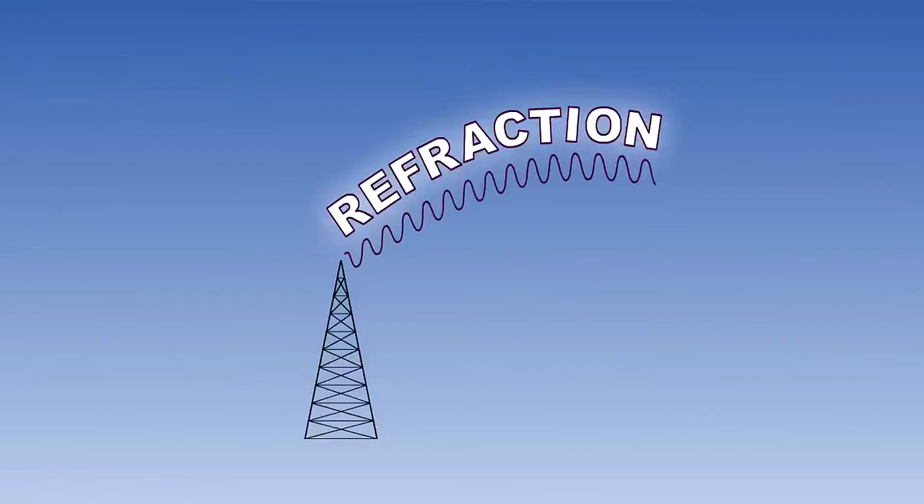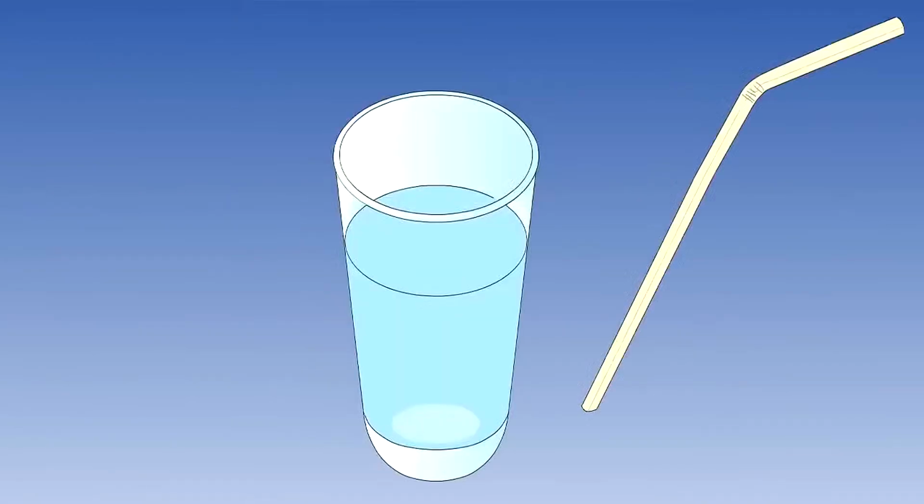The other category of factors in radio propagation is refraction, or bending of the waves. This can happen in several ways and may be a hindrance, or it may be a help to radio wave propagation. If radio waves or light waves pass through one medium and then through another, they will bend or refract because of a change in velocity, such as light through a prism.